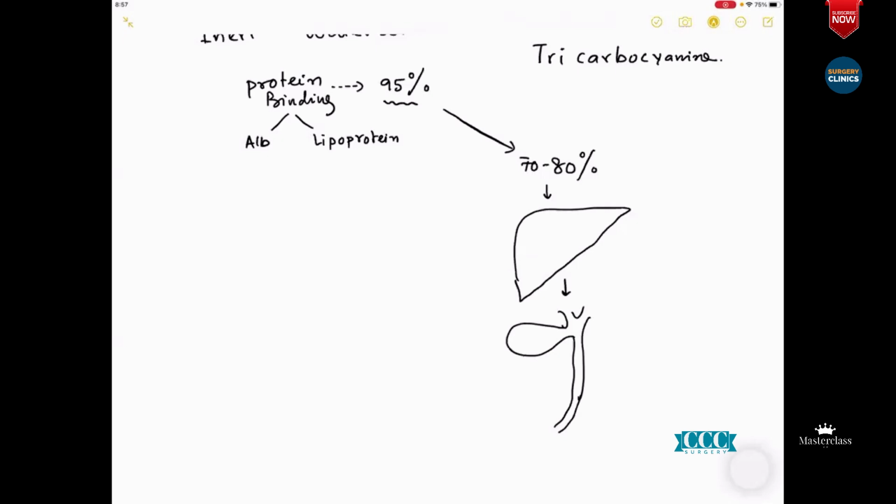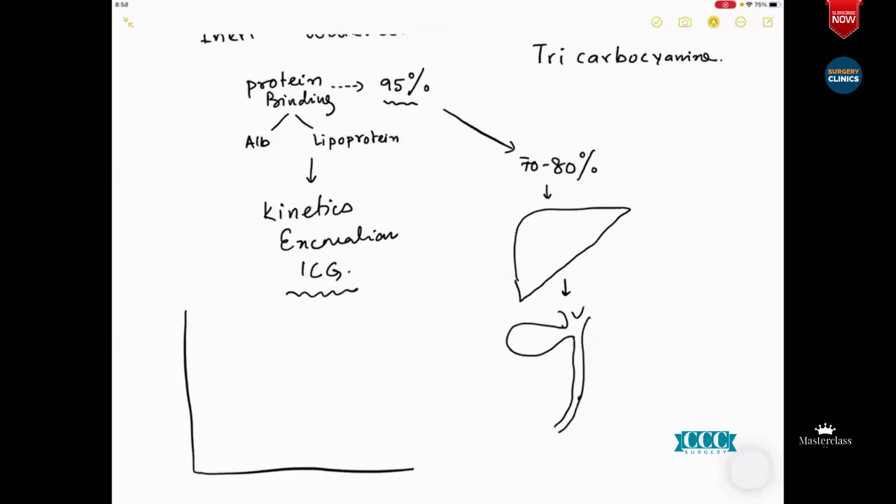Now, what we are required to know is a little bit of pharmacology, called the kinetics of excretion of ICG. When you talk about the kinetics of excretion of ICG, again, I am going to make a graph, and please don't laugh at the graph, because the graph resembles a first peak, a second peak, and thereafter an excretion. Now, this is the first peak. Okay, this is the second peak, and this is the excretion phase.